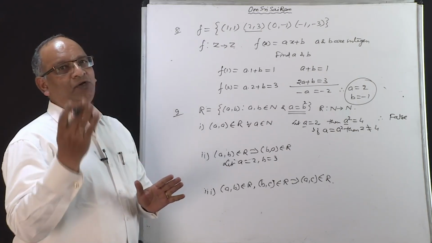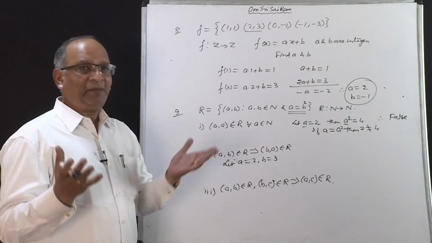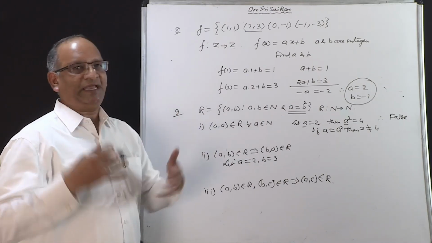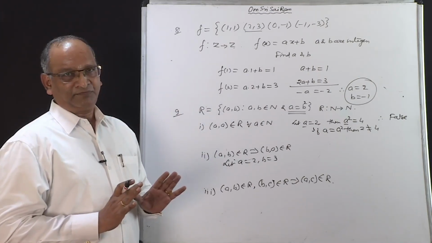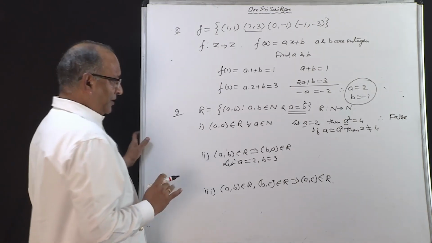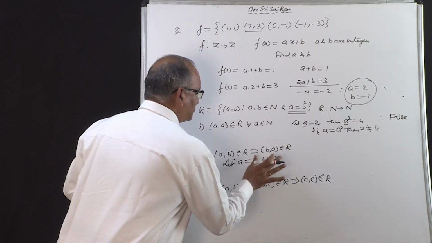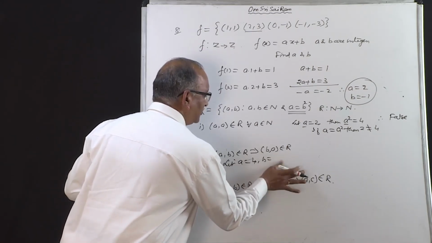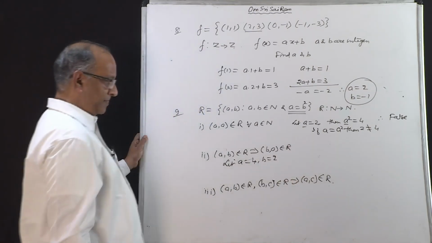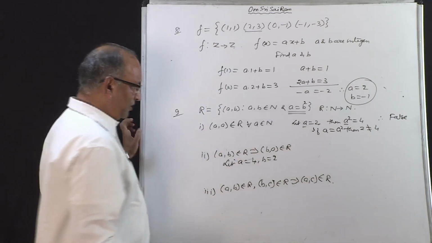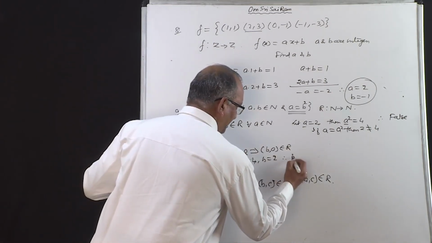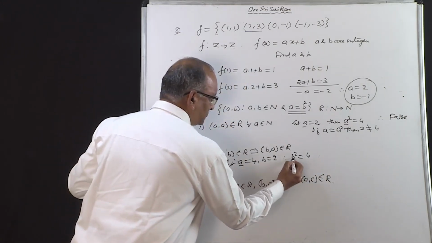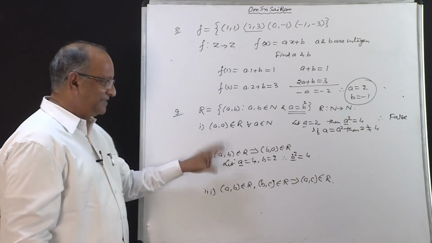If A is equal to B square, think about a pair of numbers in which A is equal to B square. You can choose any value for that. Let us say we choose A equal to 4, B equal to 2. What is the relation? A equal to B square. Hence, B square is equal to 4. So A is 4, B square is 4. So the first condition is satisfied.